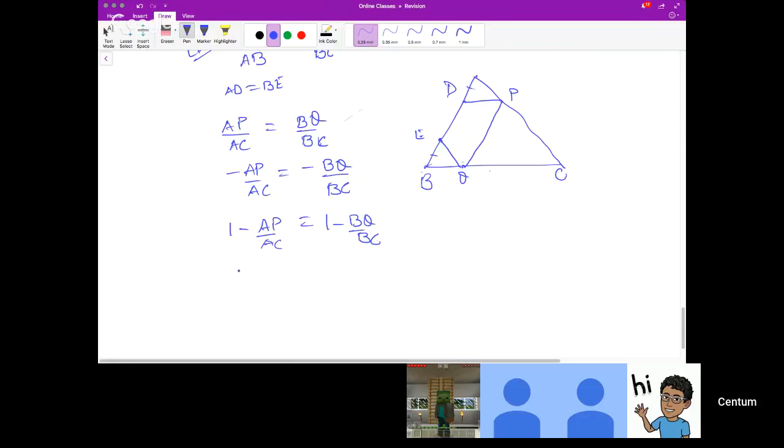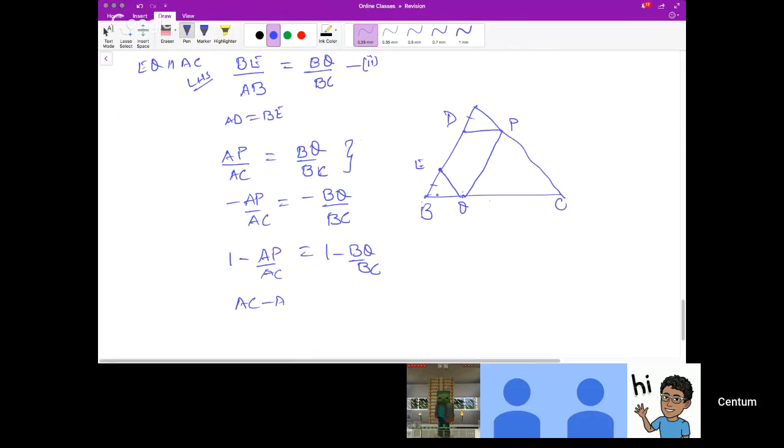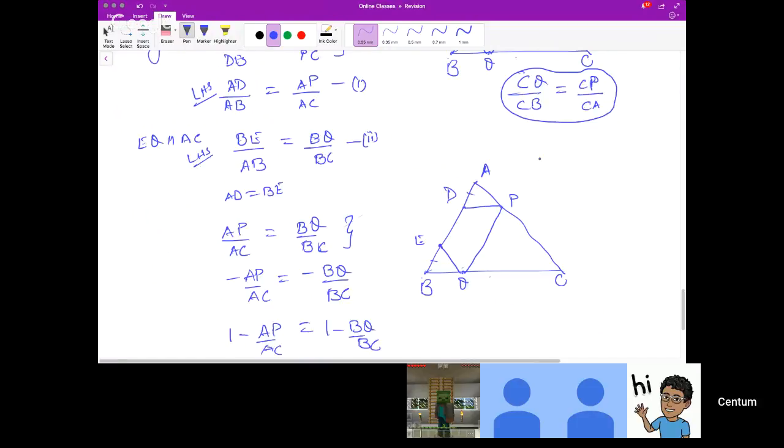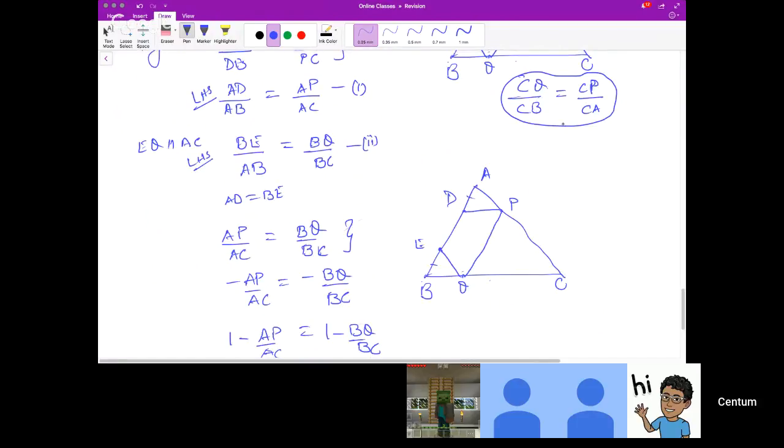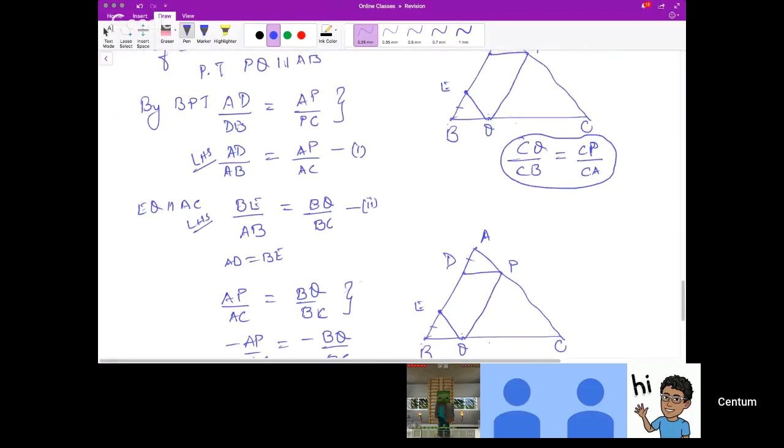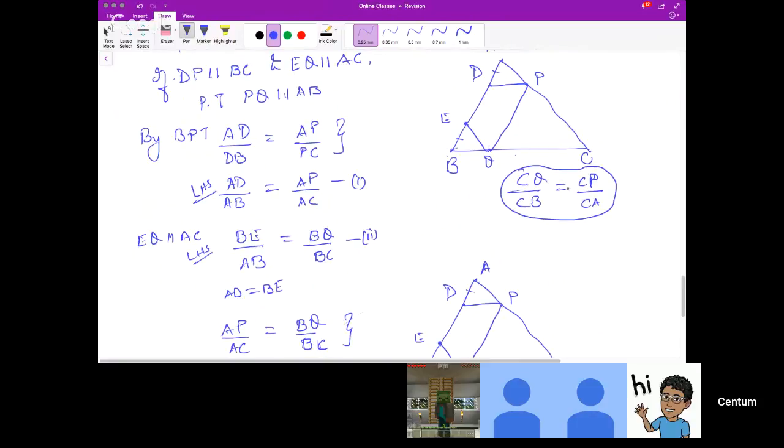So what is this now? This is nothing but AC minus AP. Actually, this itself is a good point to say that PQ is parallel to AB, but since we have taken this as a destination, you could have also taken this as destination. So CQ by CB is equal to CP by CA is equivalent to saying that